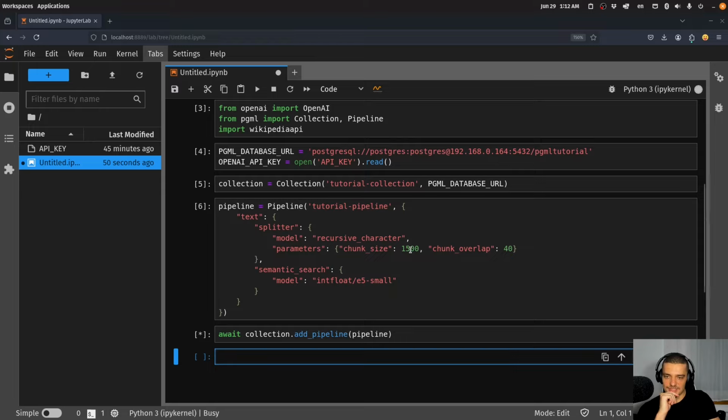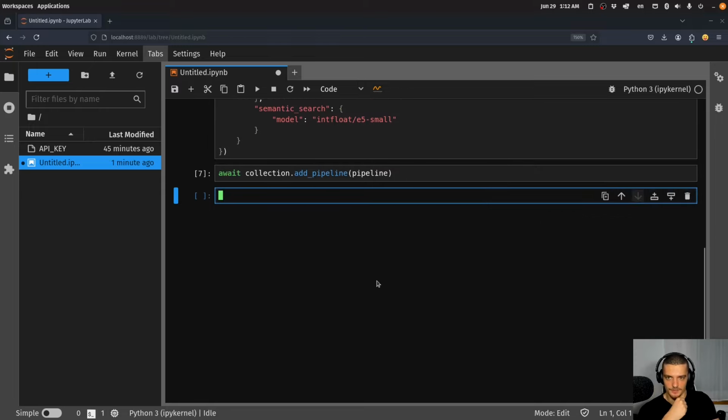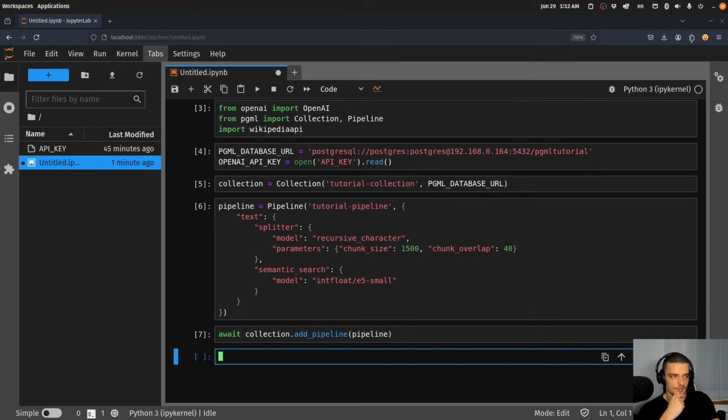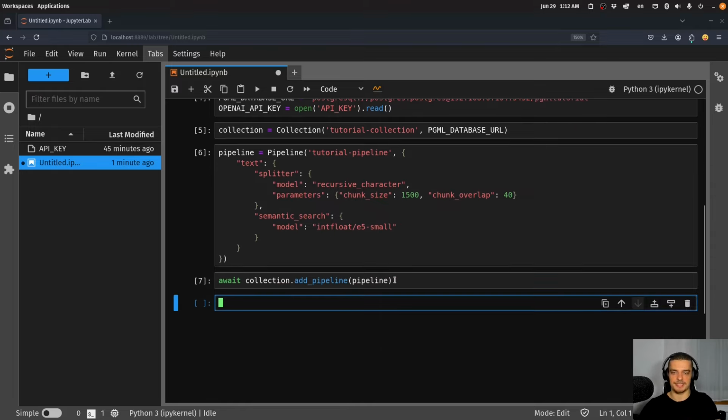So once this is done, we can now add content to our collection. So once we have the pipeline, we can add content to our collection, and this can be done, for example, with the Wikipedia API. I'm going to show you the example, and then I'm also going to provide some custom data. What we can do, for example, if you want to add certain Wikipedia pages as part of your knowledge